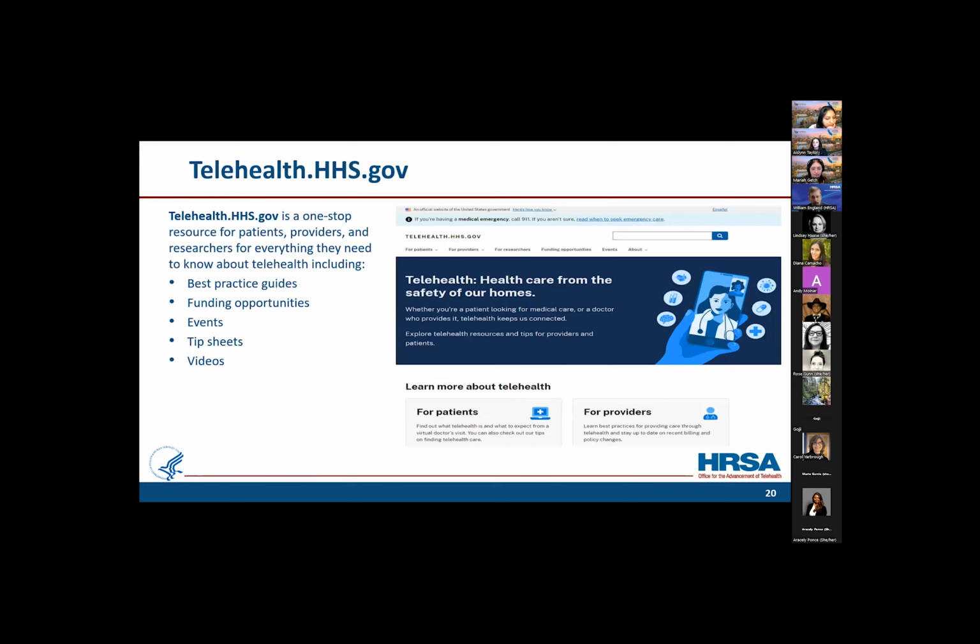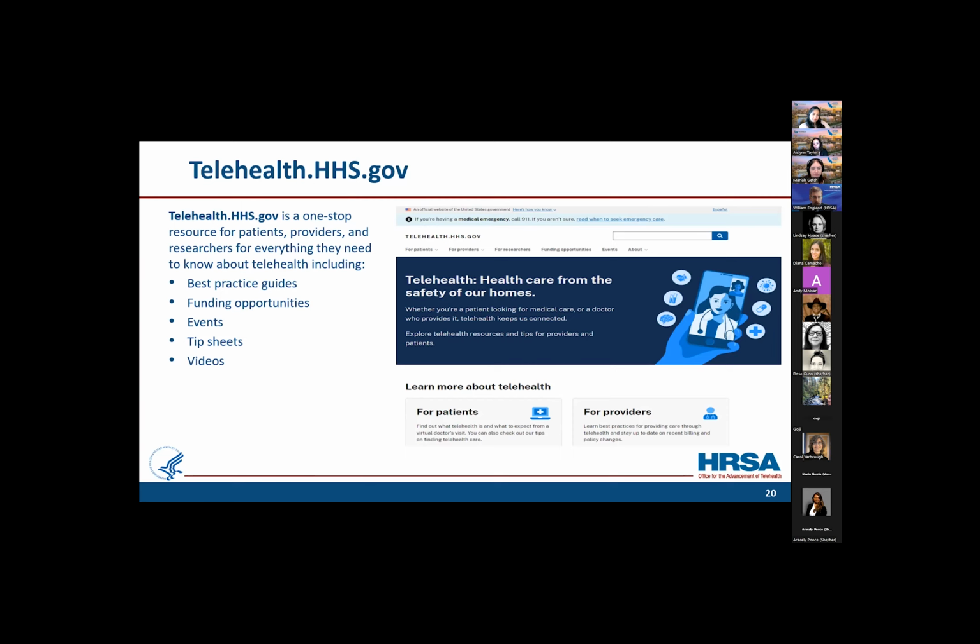Another thing I want to emphasize is a resource that we have put together essentially as a result of the pandemic: telehealth.hhs.gov. This is all things the federal government would like people to know about telehealth, and we work really hard to curate this website with interesting and important information from the federal space. You will find a lot of references to TRC documents in here because, as I said, they're the subject matter experts. As they develop materials on best practices, we want to make them available here.